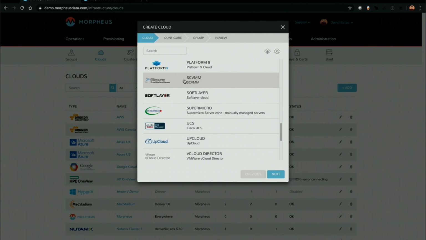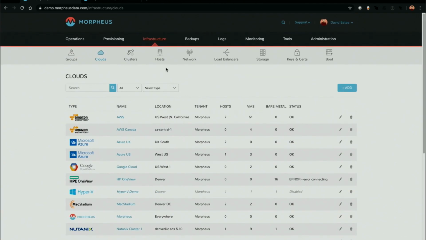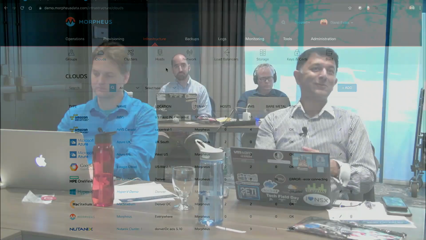And that's done via the Morpheus agent using PowerShell commands on the System Center server. SCVMM is actively terrible, so congratulations on the effort. But our support is actively good. Yes, it is. So that's great because the next follow-on question basically is that when you say that you're agnostic